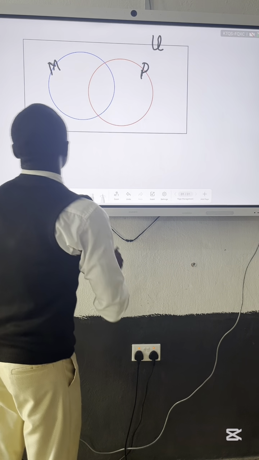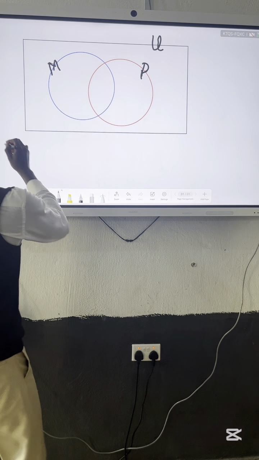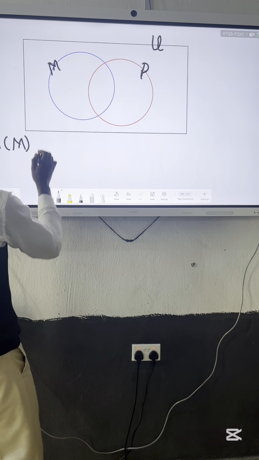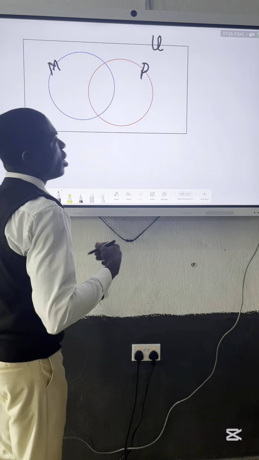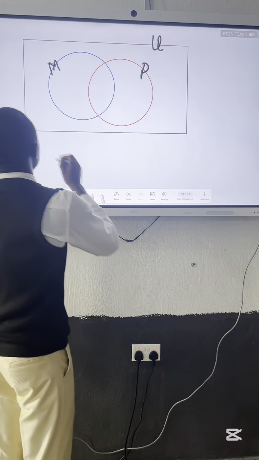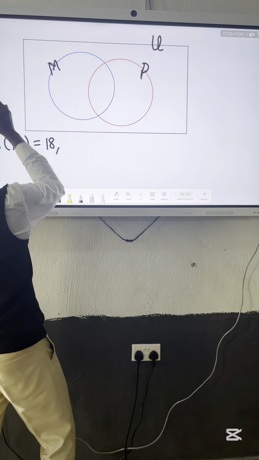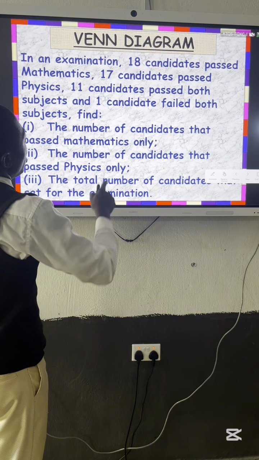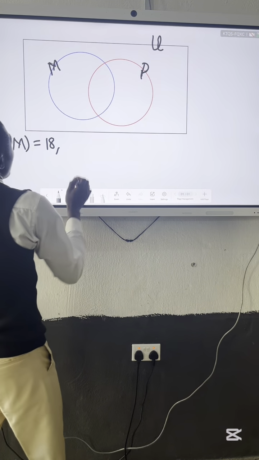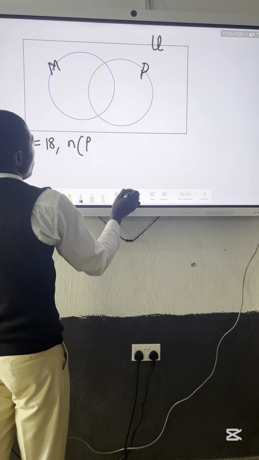Now from the question, they say that the students that pass mathematics are 18. So we're going to say cardinality of M, where M stands for mathematics. Cardinality means the number of students that pass. The number of students that pass mathematics is 18. The number of students that pass physics altogether is 17. So we come here and write cardinality of P, I use letter P for physics,